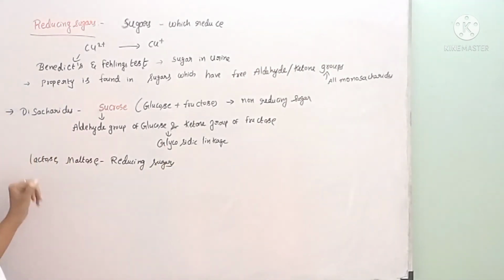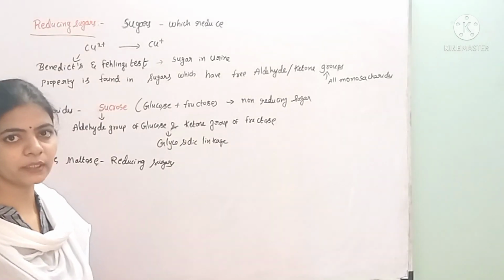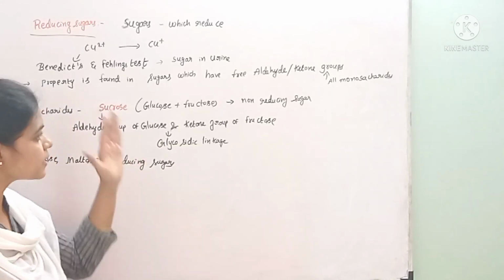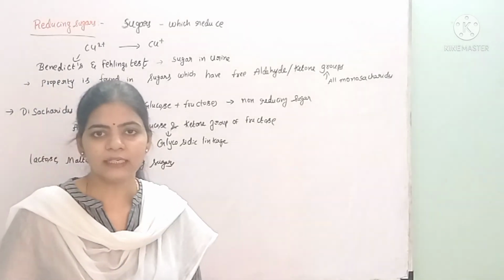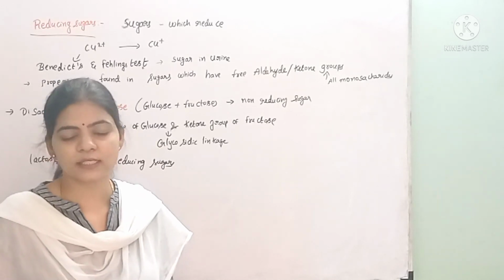But whereas in other disaccharides like lactose and maltose, a free aldehyde or ketone group is available and hence they are called reducing sugars. This is about the property of reducing sugars. With this we have completed the small carbohydrates. In the next video we'll